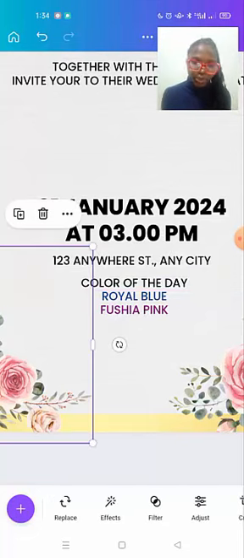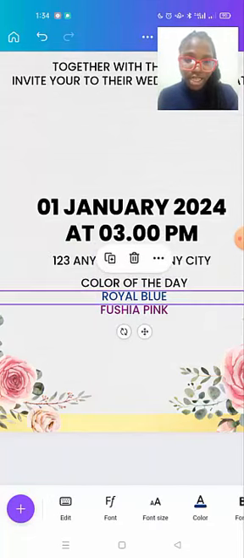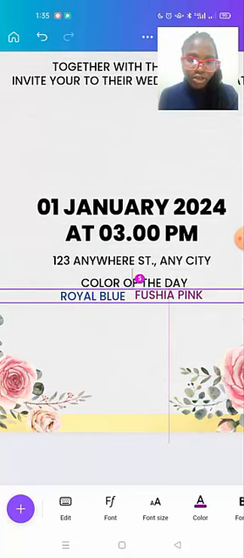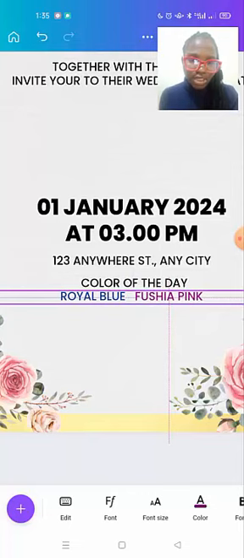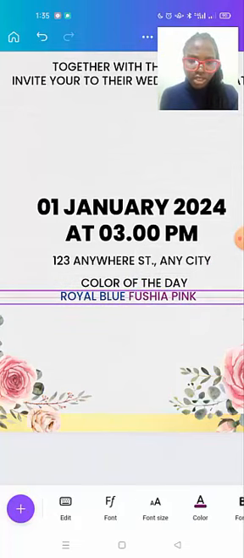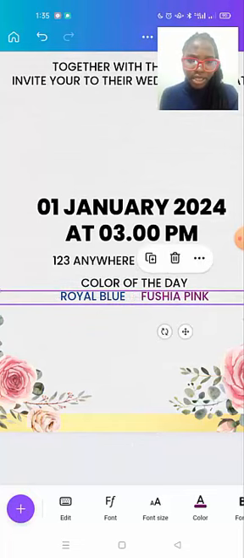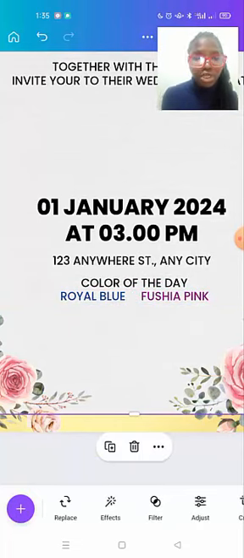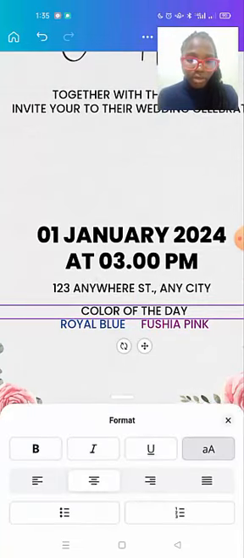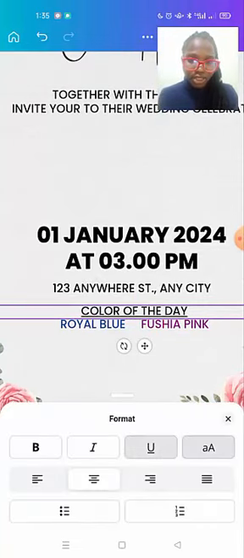Just an example, and you can even still put them beside each other. Royal blue, and then put the fuchsia pink. You can put the word "and" between the two. Can you see that? So we can still put them beside each other. They don't necessarily have to be behind each other. And then you put the "and" symbol there. You create another text and put the "and" symbol, and then you group it together so that you can move it around. You can even format this and underline it